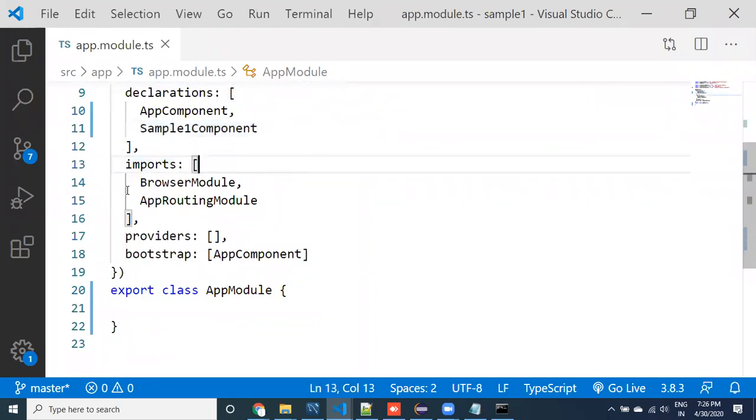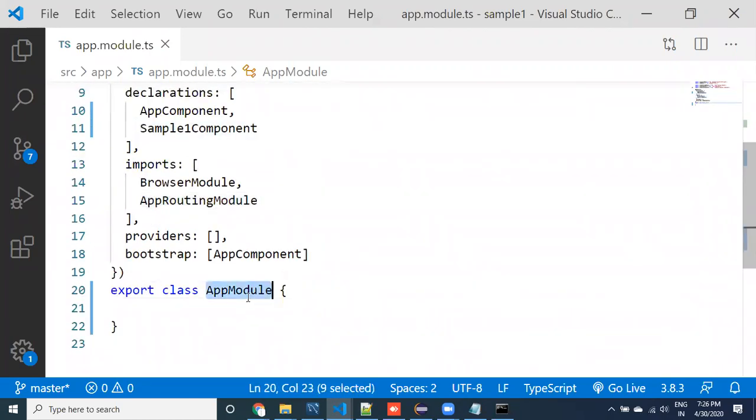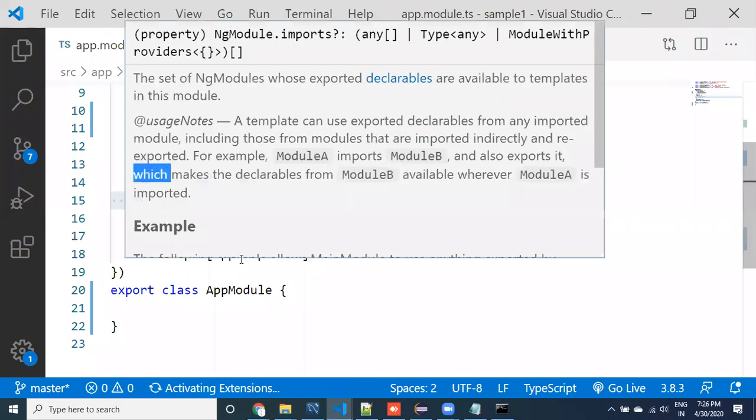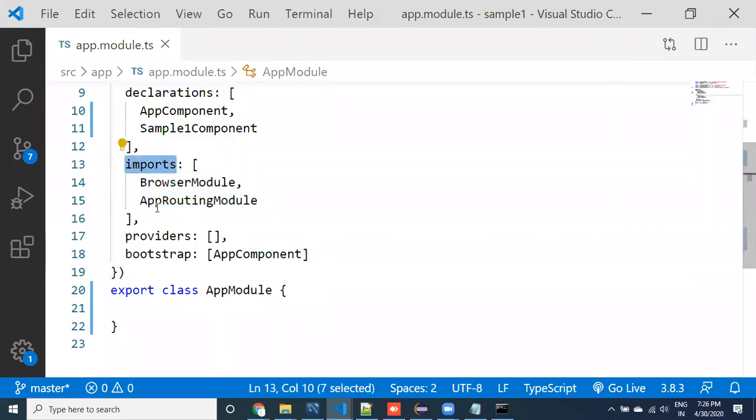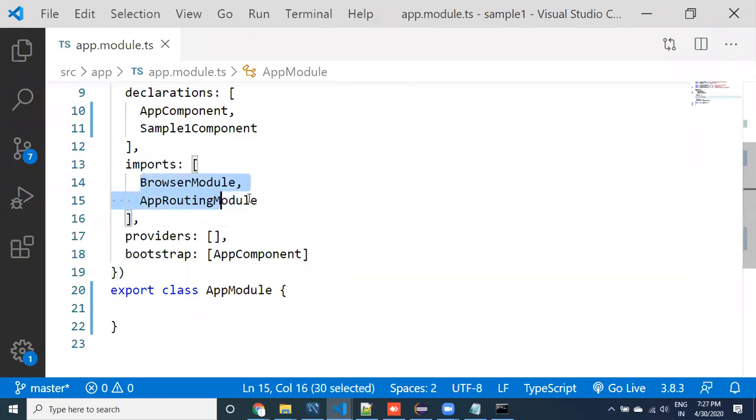Now coming to imports. Imports are modules. Now we are in which module? App module. This app module is going to use other modules. If we want to use other modules, we need to import them. This is just a basic introduction I'm giving you. We are going to use so many modules and import multiple modules. Later on, we keep using all those things, and we keep giving you multiple pieces of information, guys.